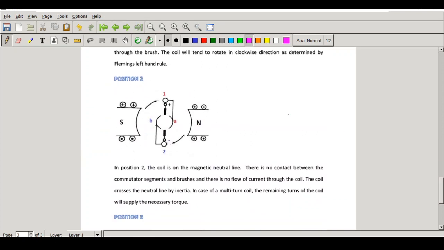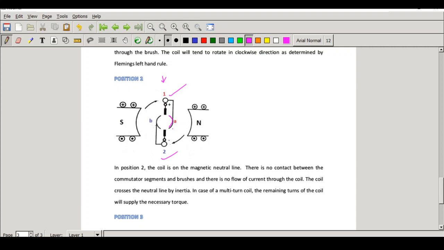Now see here, previously my conductor 1 was here, I moved it to this position. Conductor 2 was here, I moved it to this position. What about the commutator segment? Now the commutator segment also moved along with it. You can just compare with the previous figure. So when the conductor 1 is coming to this position, the commutator segment will reach this position. So now what is the difference? Brushes, see the brushes? Now there is no contact between the commutator segment and the brushes because brushes are fixed.